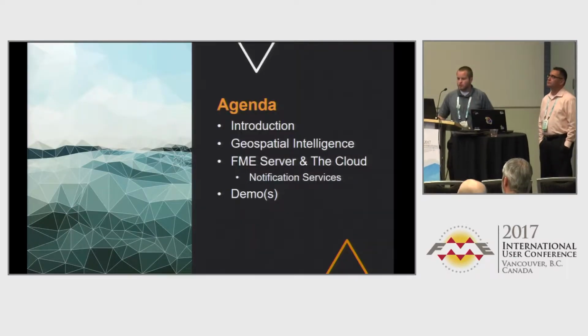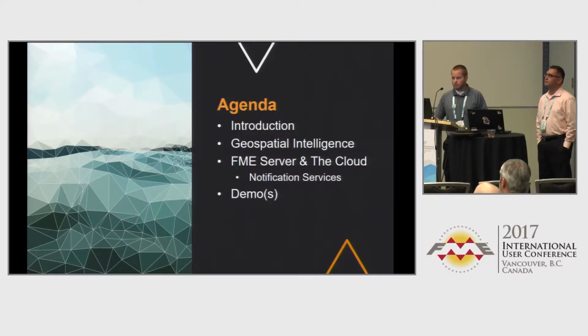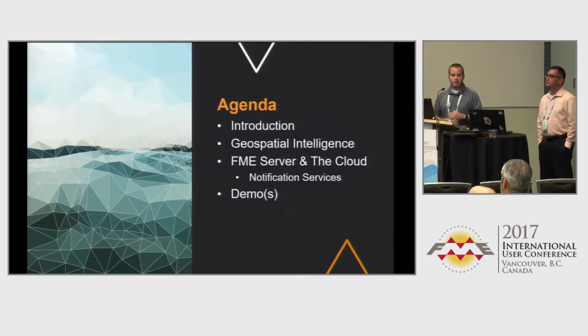A little bit of an agenda. We're going to go over a little bit of an intro, jump into what geospatial intelligence is and how we're looking at it at Burns & McDonnell, jumping into FME Server in the cloud, as well as pinpointing on the notification services, and then time permitting, which we should be good, we're going to jump into some